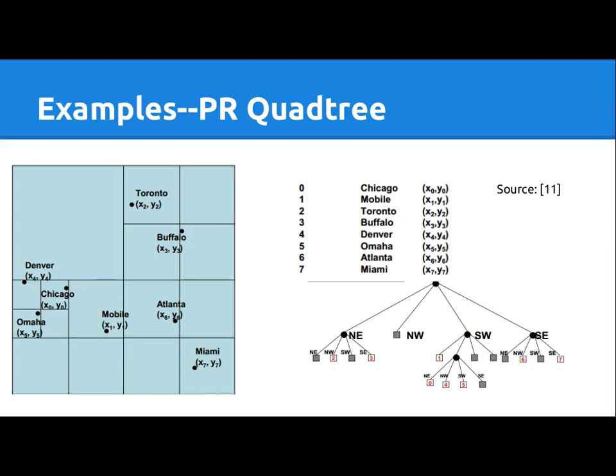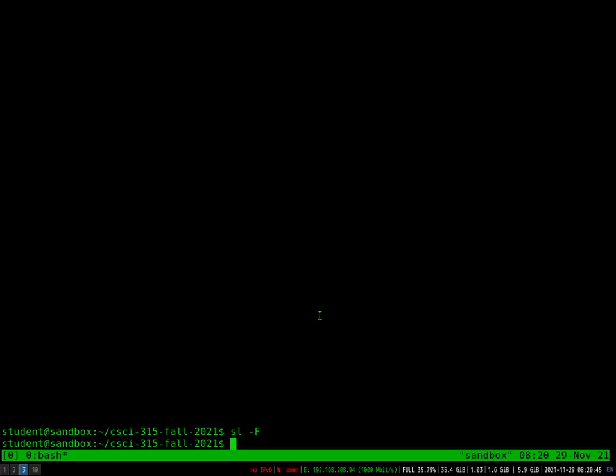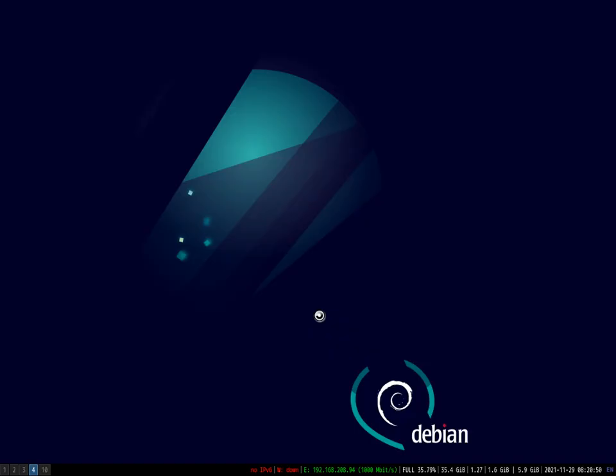Is that faster or slower than a binary tree? Faster. It's faster, and yes, it is substantially faster. Okay, I think we need to get to coding. All right, well, actually, before we get too far,